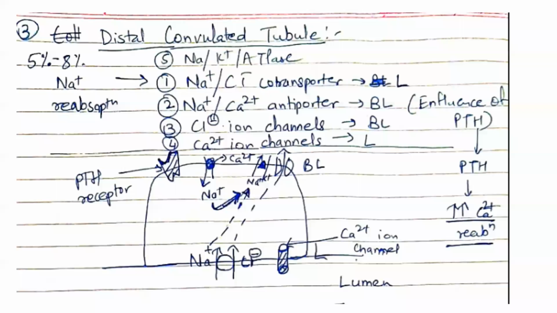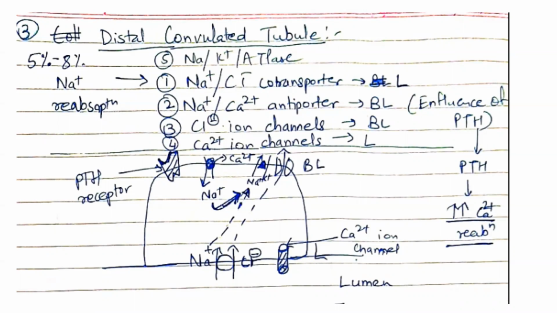Hello students, in the previous lecture we learnt about furosemide, which is a very strong diuretic and a potassium wasting diuretic. Now we are going to learn about diuretics which can work on the distal convoluted tubule, and these are, in contradiction to the previous class, calcium sparing diuretics. So how do they work?